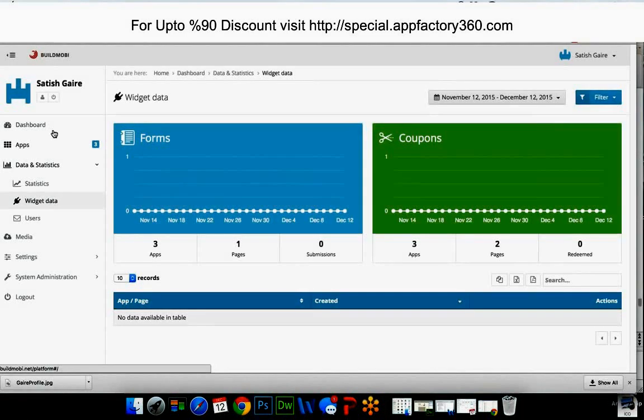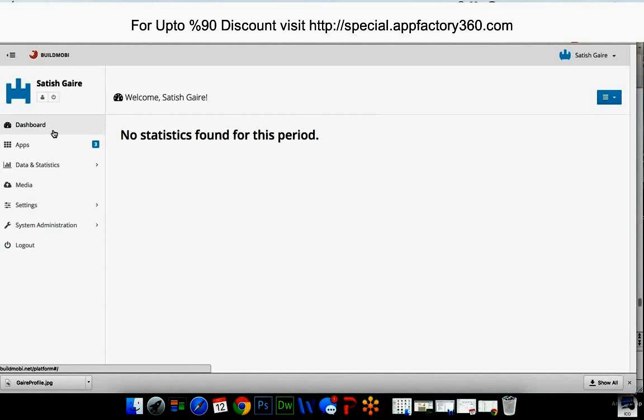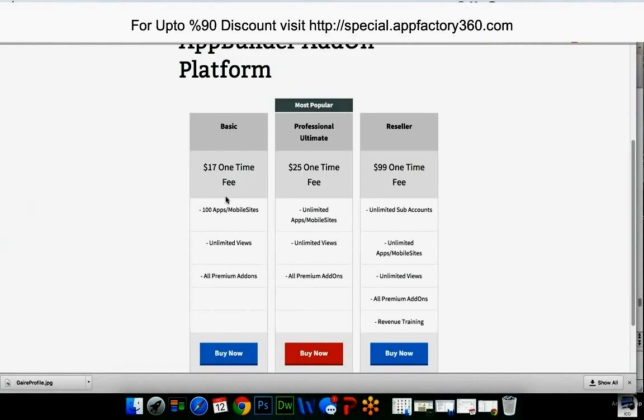Now, this is the system. Again, this is an add-on system. It works with your current app builder that you already have. Now, I'm going to go ahead and share how much it's really going to cost you. It's normally, folks,